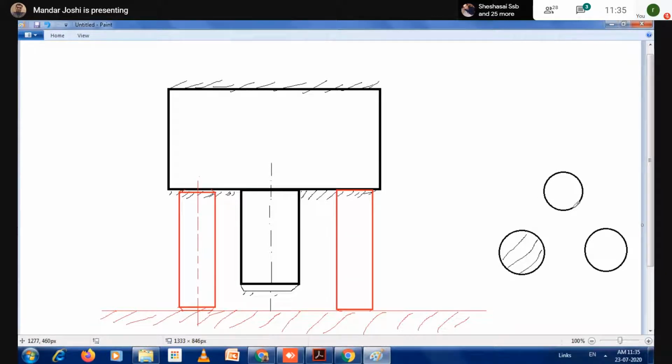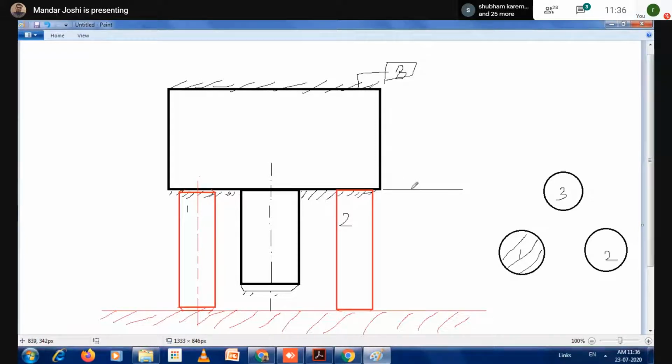From these three pins, one plane is passed. This imaginary plane is passed from pin number 1, pin number 2, and pin number 3. And on the back side, we can assume that pin number 3 is this. So from these three pins, one imaginary datum plane is passed. Right? Now this is first pin, this is second pin. Then we have to define the datum target. Suppose this is your datum, let's say this is B, but that B is not important to me from the manufacturing point of view.